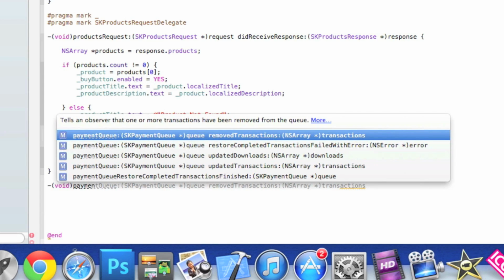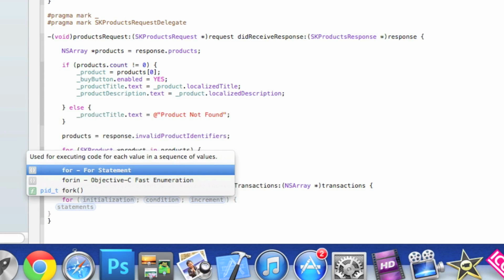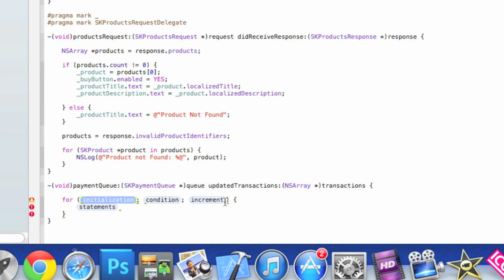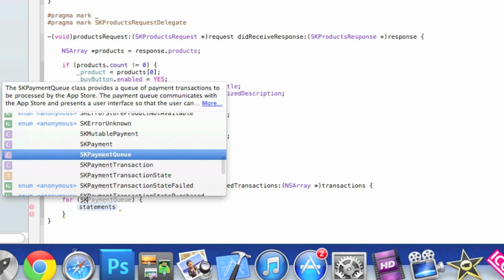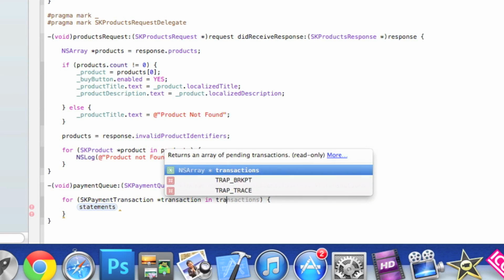paymentQueue, and we need the updatedTransactions one. There we go. Space bracket and then enter, and I'll just get rid of the highlighted section between the two brackets there. We don't really need them. So for SKPaymentTransaction *transaction in transactions,